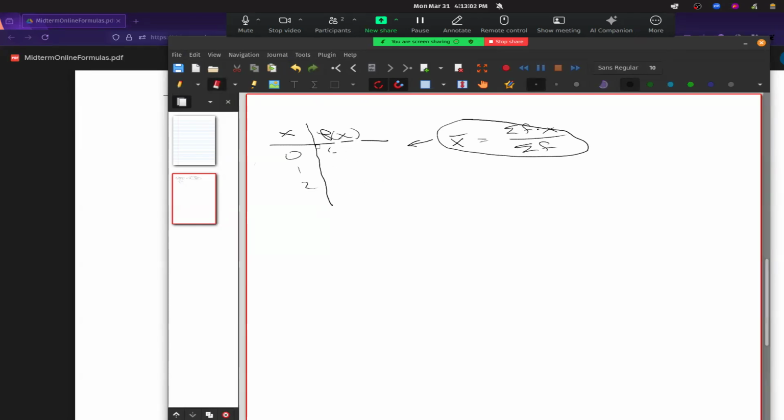What I should be doing here for this formula, kind of jumping ahead of myself. We've had